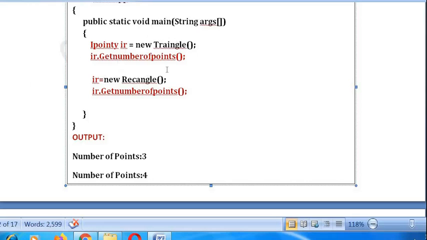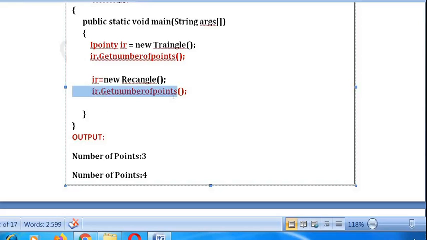Why is it called dynamic polymorphism? At runtime, based on which type of object you are storing in the interface reference, you will get different output. At this point, the Triangle object is stored in the interface reference, so the getNumberOfPoints defined inside Triangle gets executed, and we will get number of points is 3.